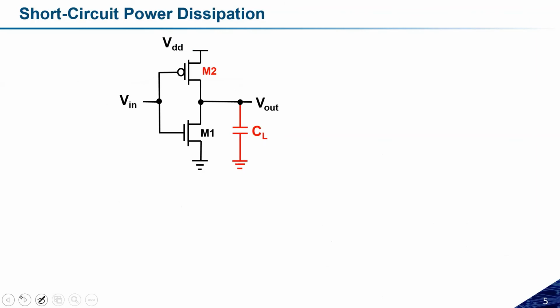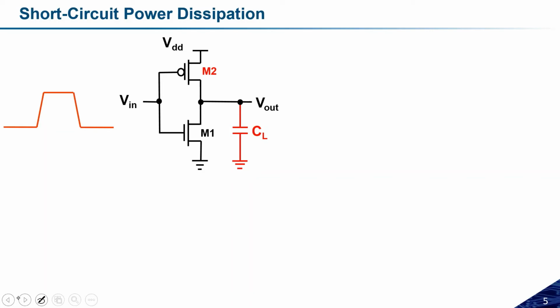Now the next thing is, let us consider the short circuit power dissipation. What is this short circuit power dissipation? The second kind of power dissipation is the short circuit power dissipation. Suppose I have a simple inverter circuit, something like this, and the input is changing from 0 to 1, 1 to 0. In the previous slide we considered the rise time and the fall time to be 0, for approximation purposes, but in reality it is not 0.